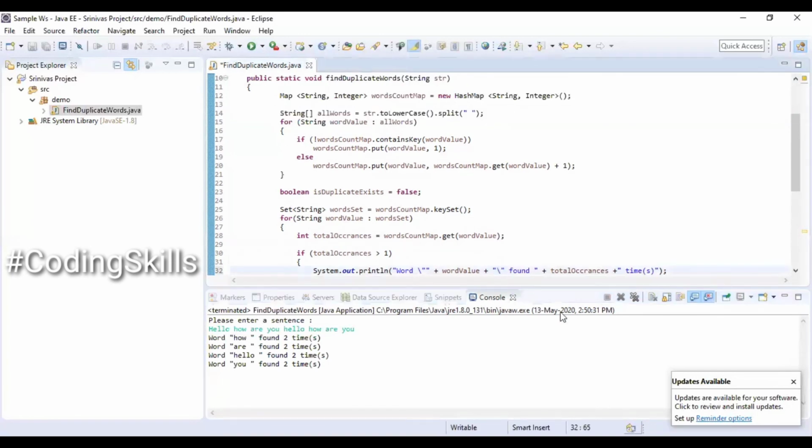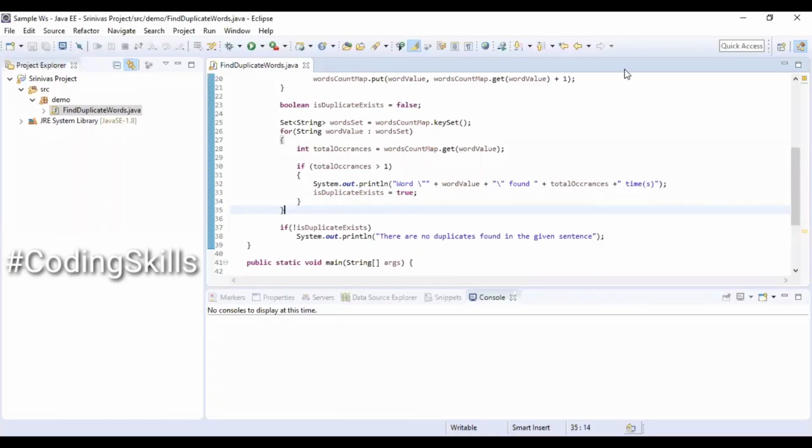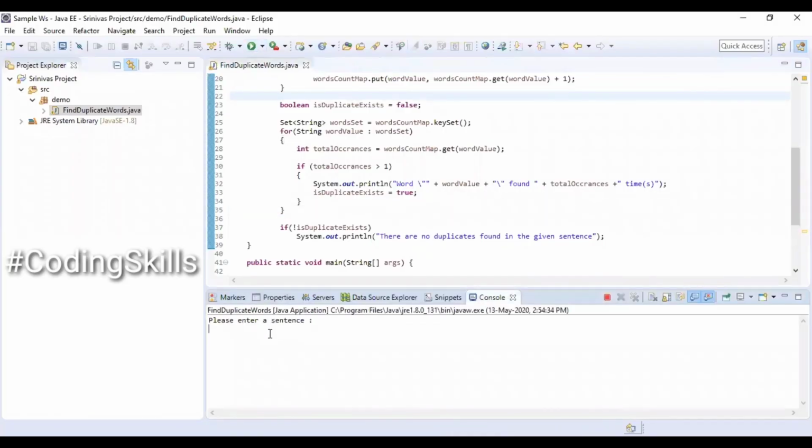And there was an extra space I could see within double quotes. I am removing it here, so rerunning again just to show that scenario. So you could see that output. Running the program and entering a sentence without duplicates to verify that scenario.